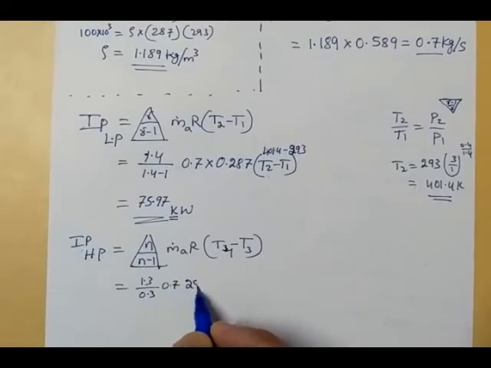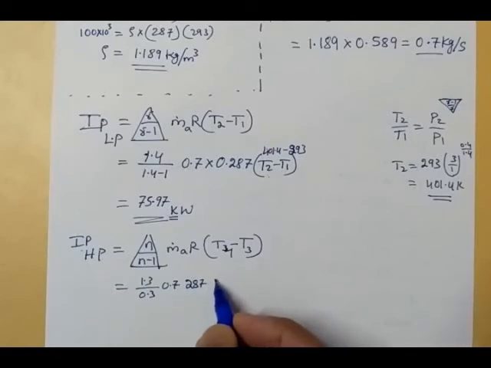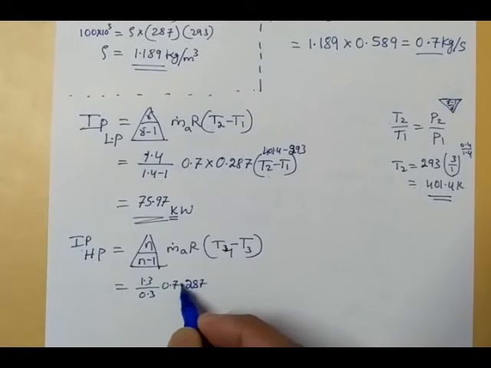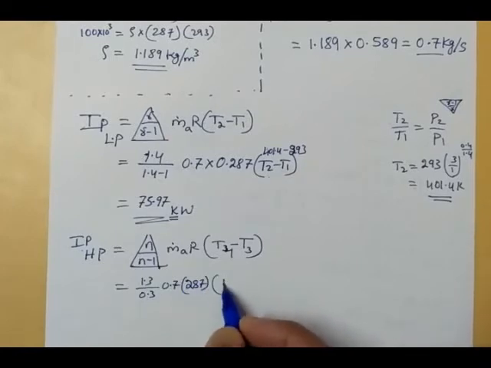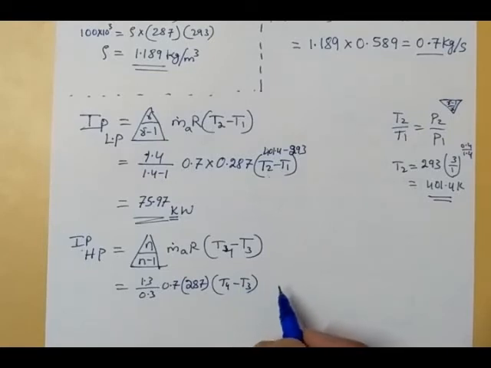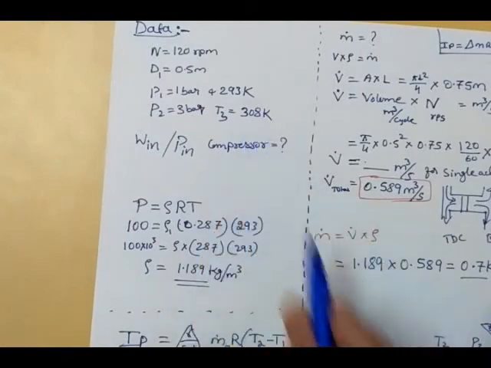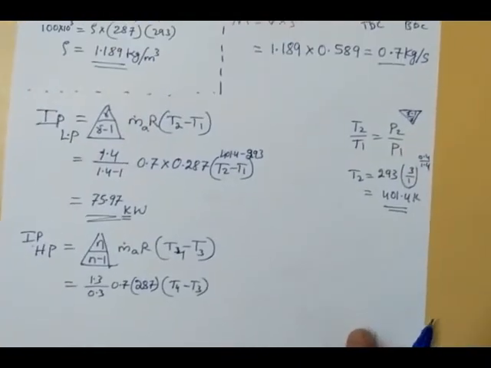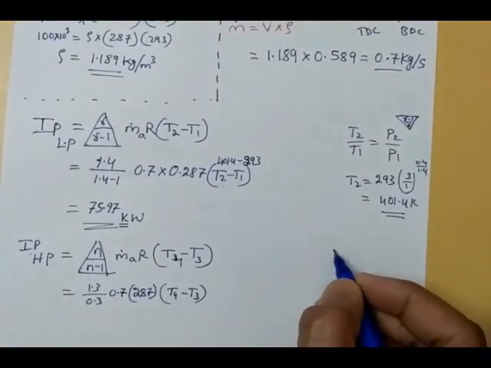This I will substitute 287, and if I substitute this as 287, then T4 we don't know, T3 is there, T3 is 35 is already given, so no problem, we will use the same equation,